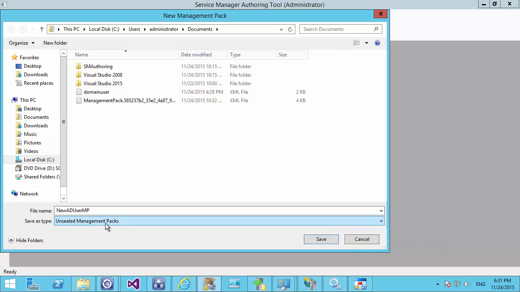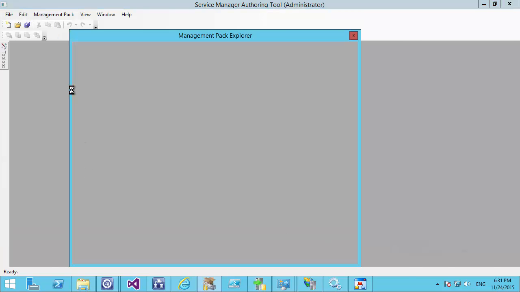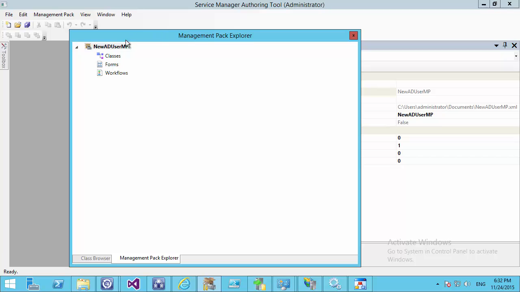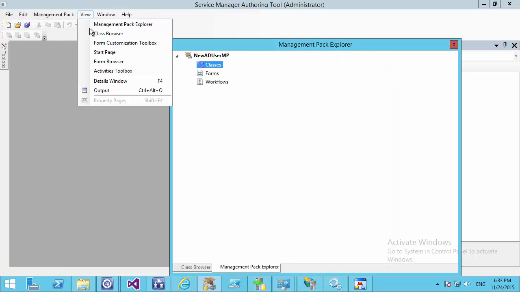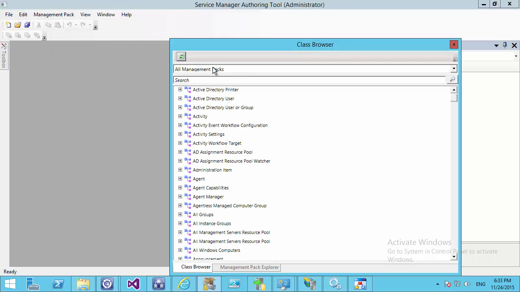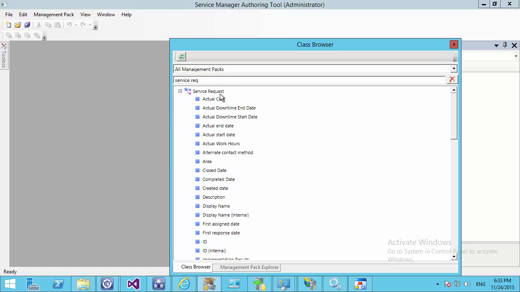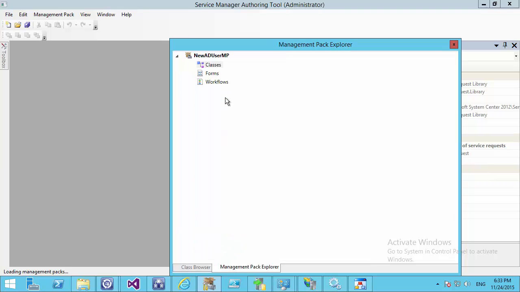And for the moment we're going to do this as an unsealed management pack, but very quickly we're going to have to start sealing our management packs, and I'll explain that in a minute. So we can see our management pack Explorer, our new AD user MP, and we've got this section for classes, forms and workflows. So what we're going to do is come to our view and class browser, and search for our service desk, a service request even. And we're going to right click and view in our management pack Explorer,